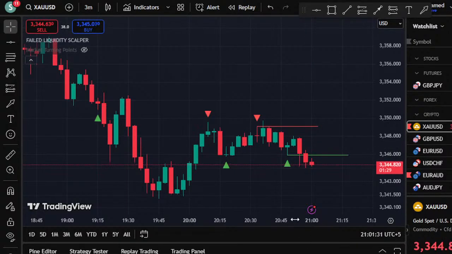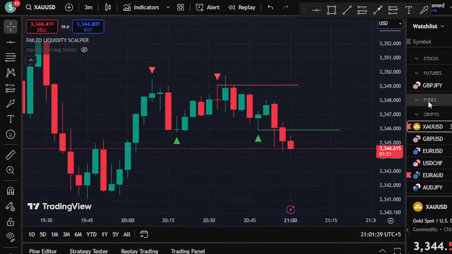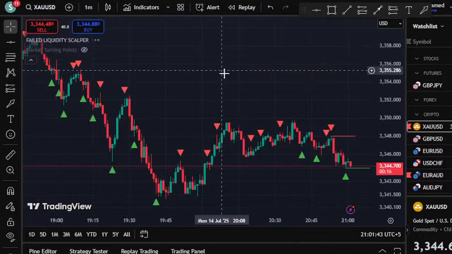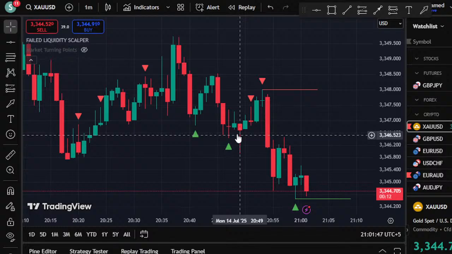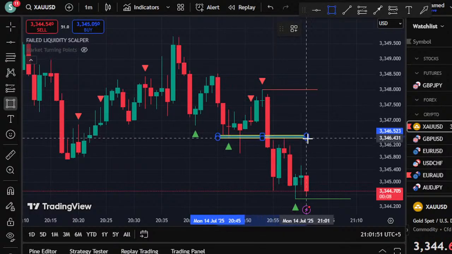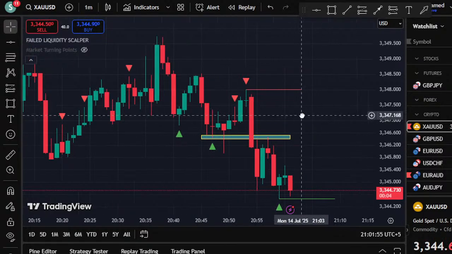Meanwhile I will also check the chat. If you have any questions, you can simply ask in the chat box and they will be answered as per the schedule. Now if we go to the gold 1 minute time frame, let's see what's happening on 1 minute. There was one signal already here, on the green one. I'm talking about this green one. The price broke below, so it was a sell.